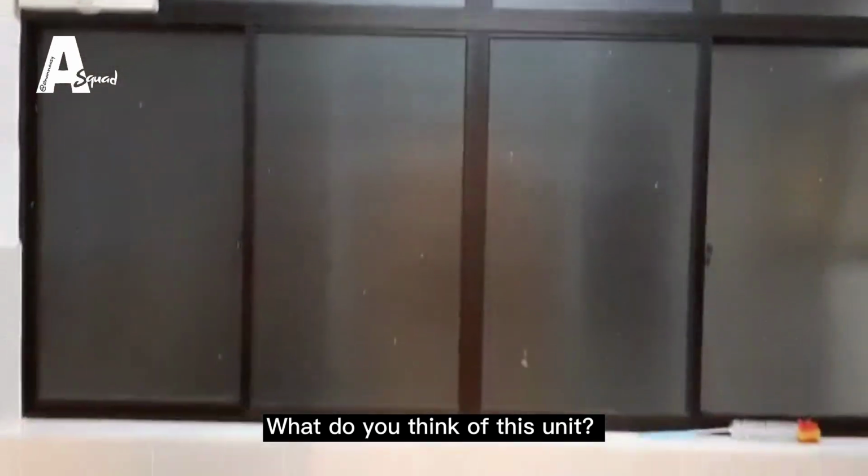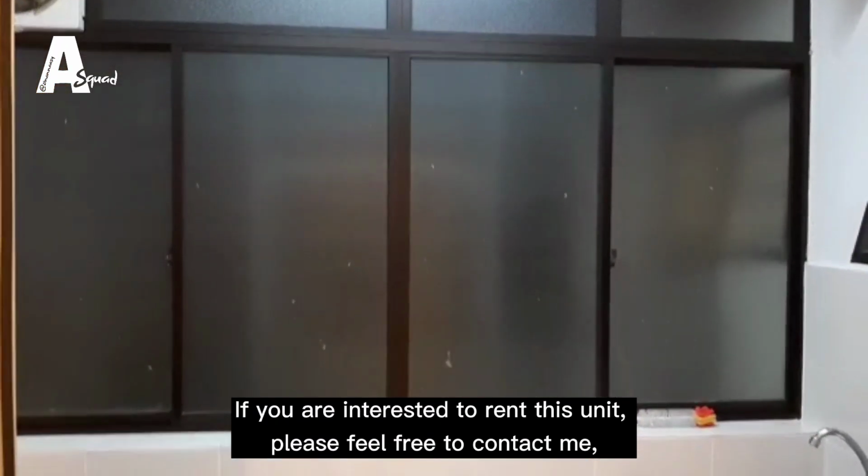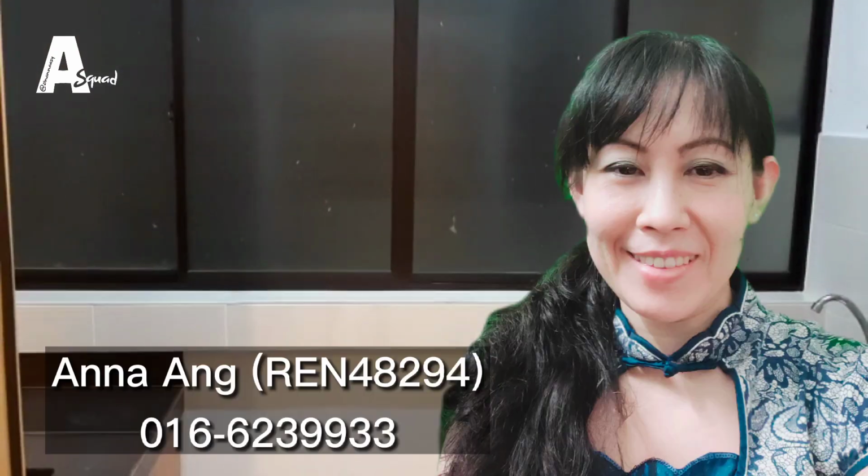What do you think of this unit? If you are interested to rent this unit, please feel free to contact me, Anna, at